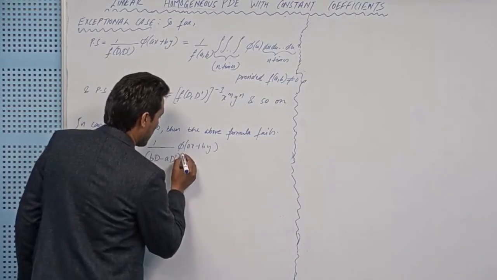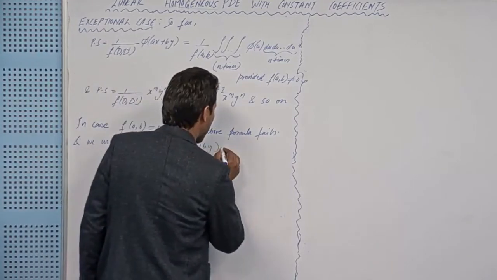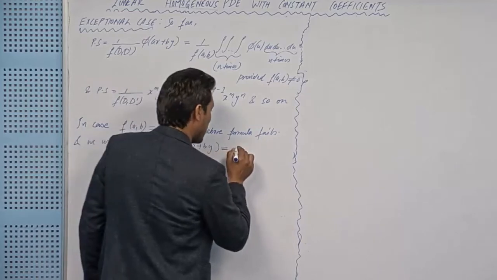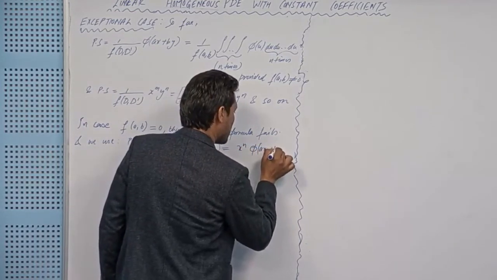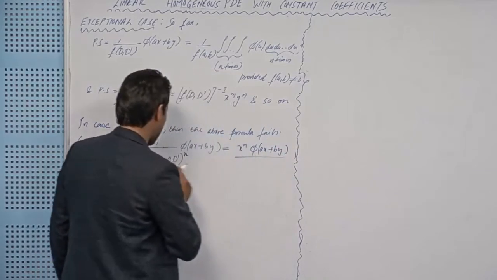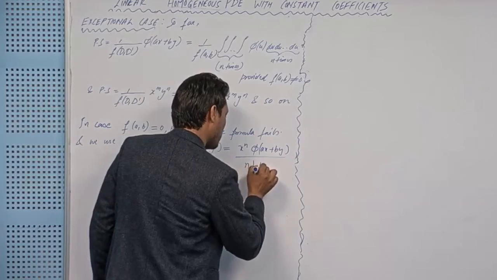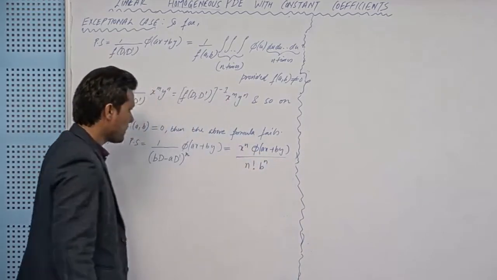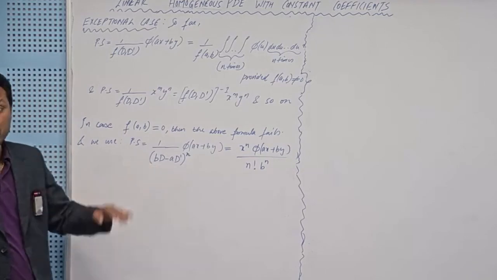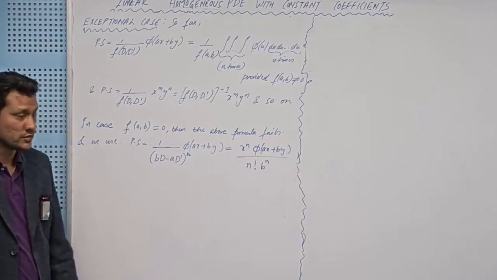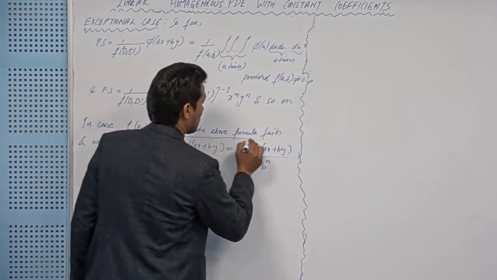In that case the formula for evaluation becomes x to the power n, phi of ax plus by, divided by n factorial b to the power n, right? This is the formula we will be using in the numericals. First we'll prove this formula, how it appeared. I will put a box on it,